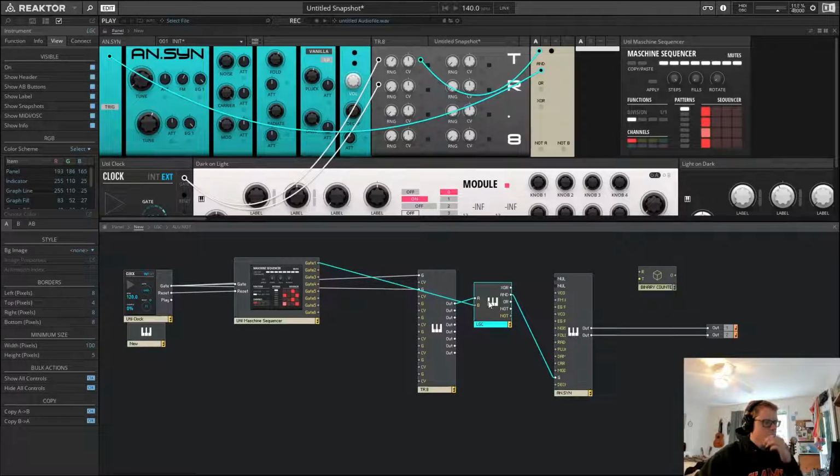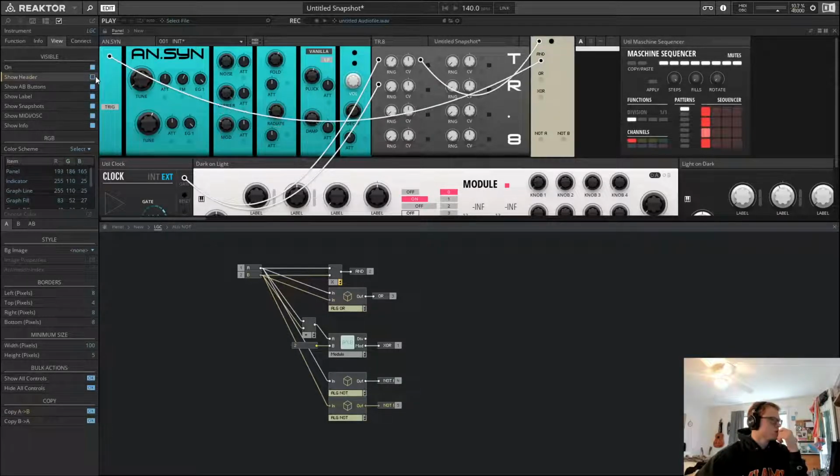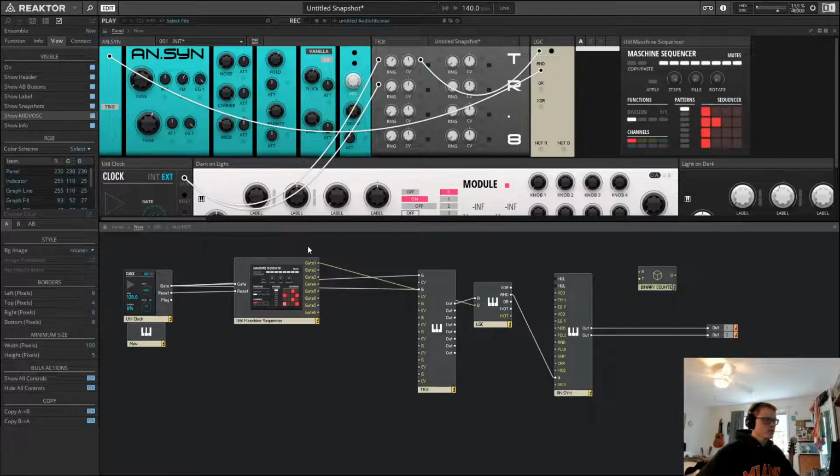So I can get rid of that. We'll save this as that for logic. Great. And what we can do is also copy A to B. I do want the header. I don't want those buttons. Snapshots don't make sense. MIDI, yep, there we go. Now that we've got some logic going on here,